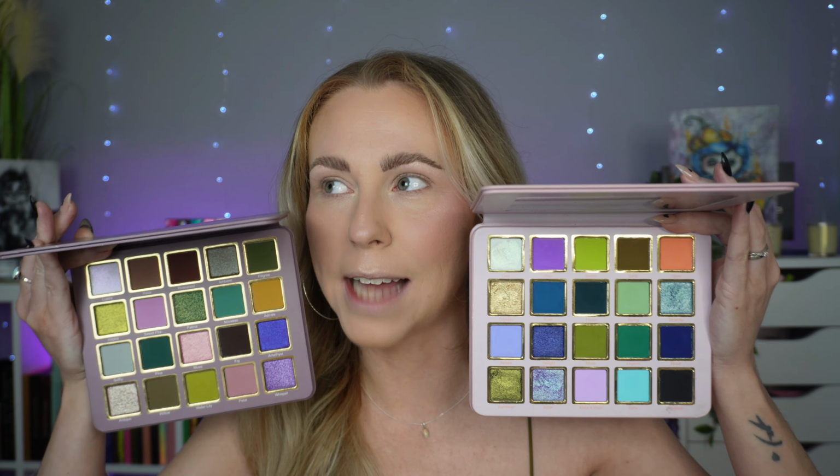I think I'm going to use the CB1, which looks like this. And I'm going to pop this in the outer corner area and just start packing that. Oh, look at that delicious pigmented green. I'm assuming this is going to be the same formula as the previous two palettes, in which case,